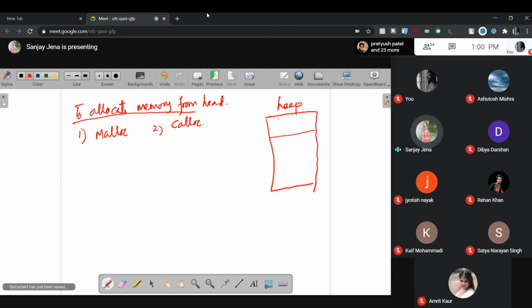Suppose I want this much memory. You allocate it and use it. After use, you have to return the memory. If you are not returning it and you close your program, it is already allocated, and nobody can delete it. If this procedure continues, sometimes the heap will be filled up.